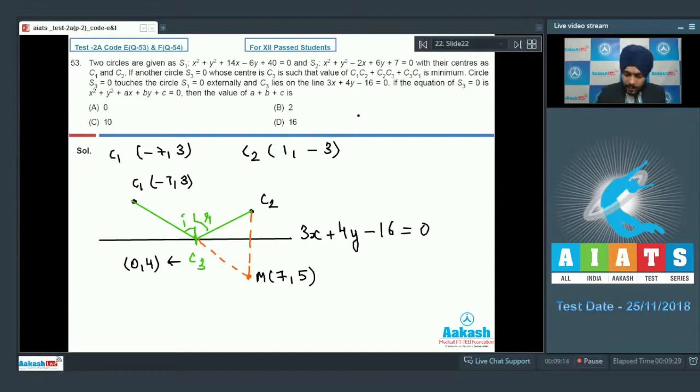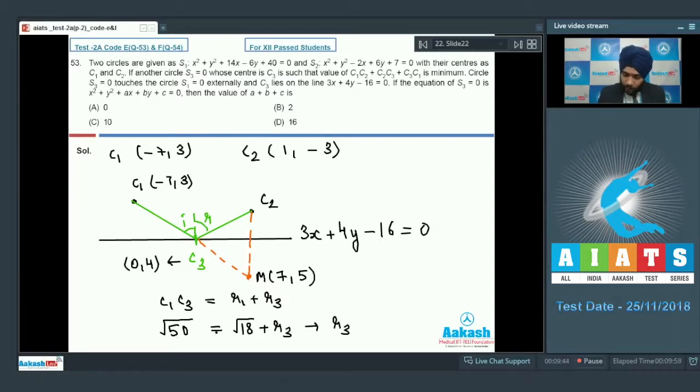Now S1 equals 0 and S3 equals 0 touch externally. That means C1C3 is equal to R1 plus R3. The distance between C1 and C3 will be root of 7 square plus 1 square, root 50. R1 is the radius of the first circle, root of 49 plus 9 minus 40, root 18, plus R3. So from here R3 will be